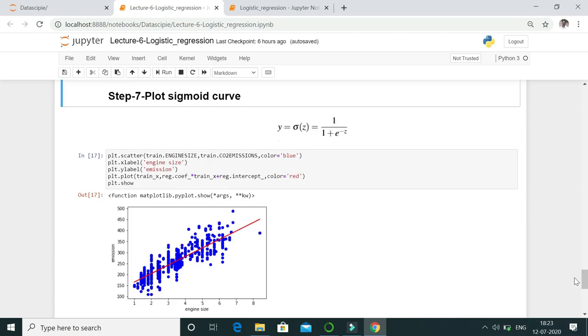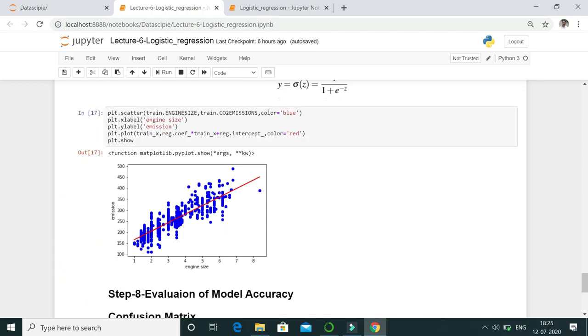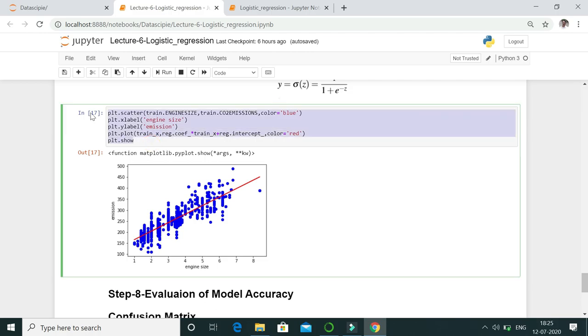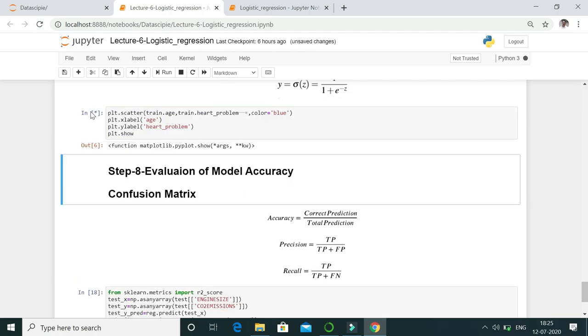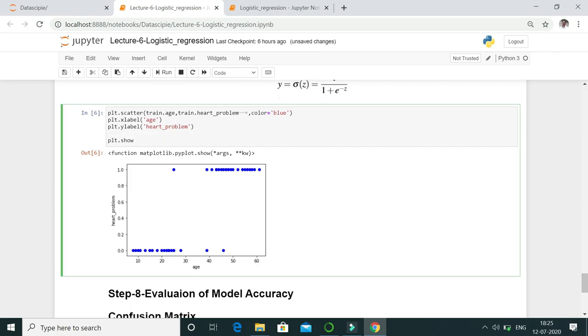Next, we would plot our sigmoid curve. First of all, copy our visualized scatter plot and paste it over here. Next, here we have to plot our sigmoid curve. As it is a curve path, we would not utilize our training x; rather, we would create a new dataset for the x, in equivalent steps, to get a smooth curve.